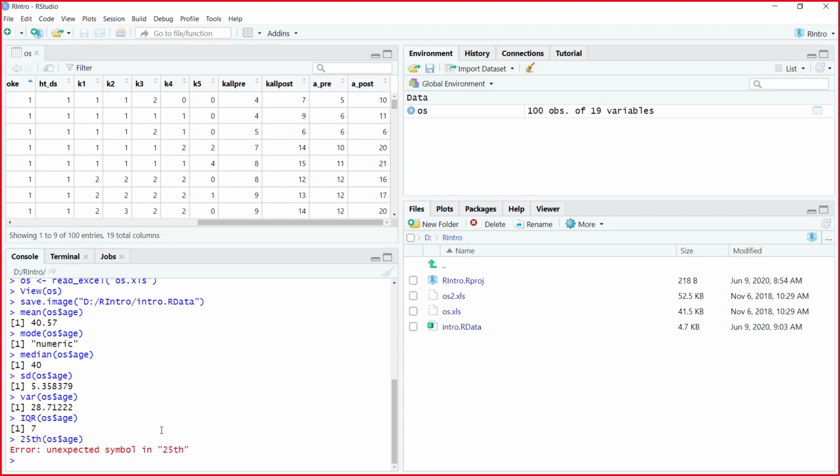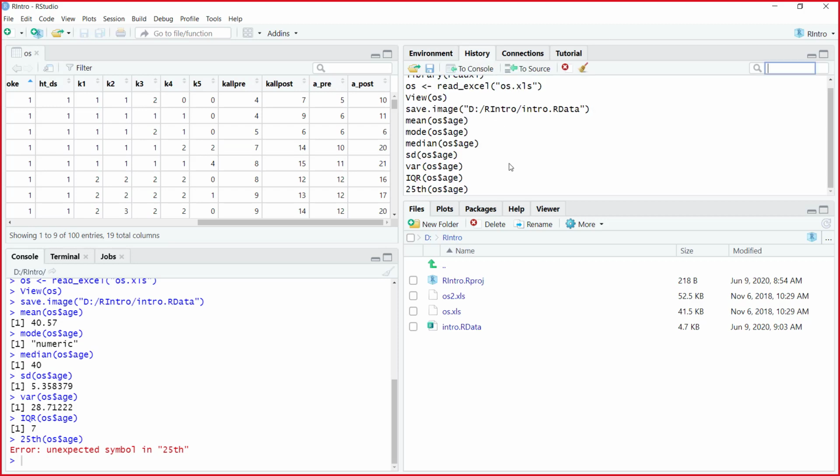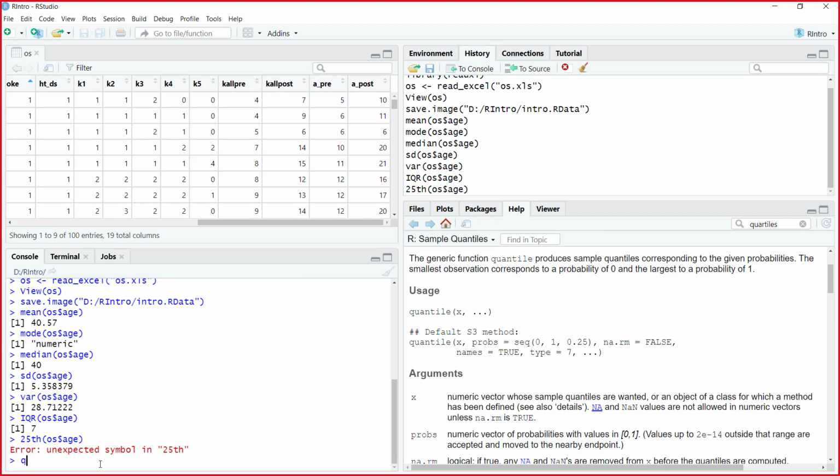When we run all that command, you can see here in history, all the command that you type is available there. All the command that you type is available up there under history. Quantile. OS, age. Then we are supposed to use comma, then set the number, so 0.25,